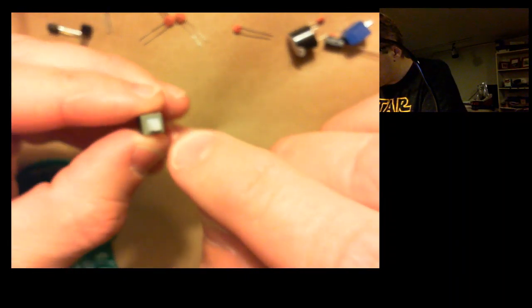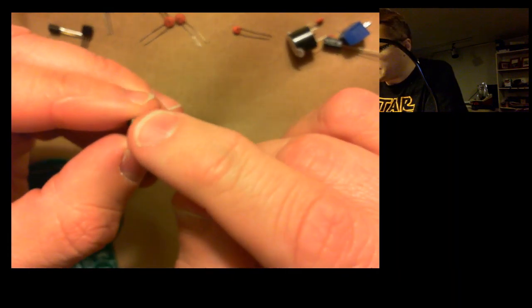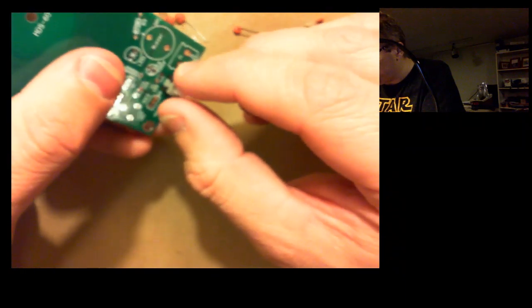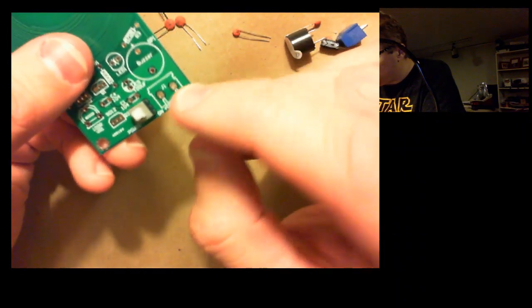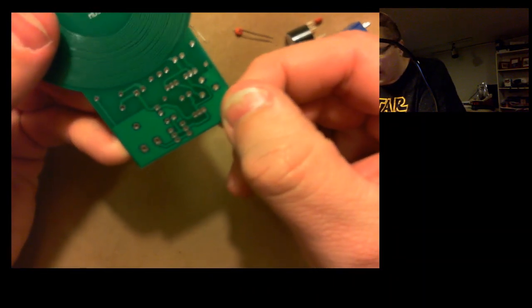It's a push on, push off type switch. And that looks to be like a single pole, or a single throw triple pole sort of switch there. So I'm not really sure. If you look in the back here, you can kind of see